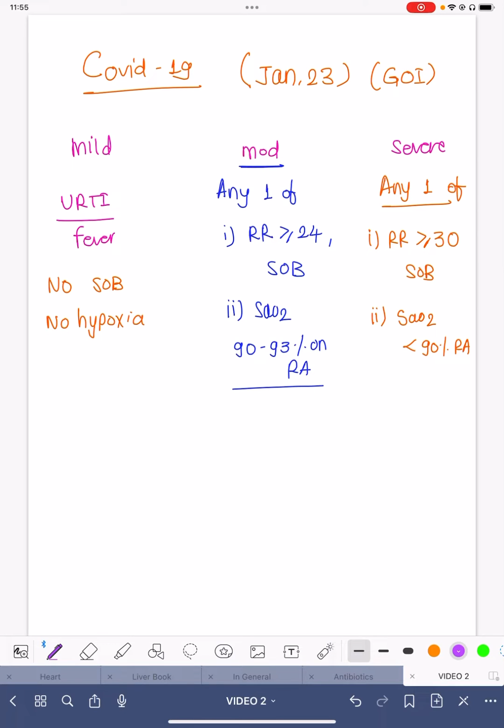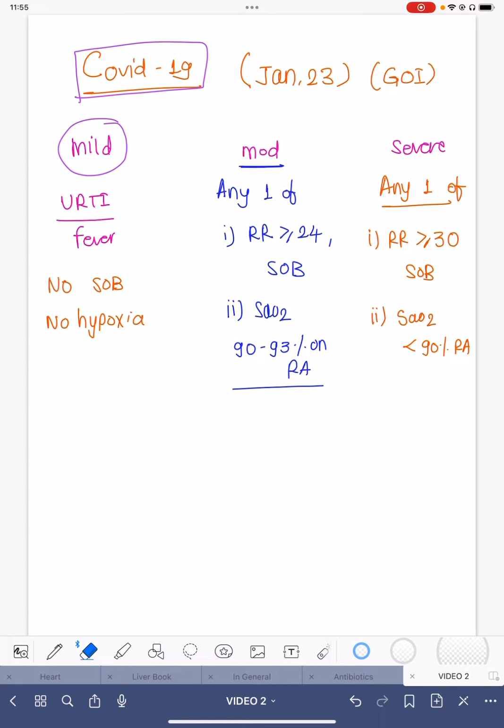Now, this short video is only for the classification of COVID-19 illness, whether mild or moderate or severe, how to label. Now, it's very simple. We call this mild COVID-19 illness if definitely there is RT-PCR positivity with COVID-19 or an antigen